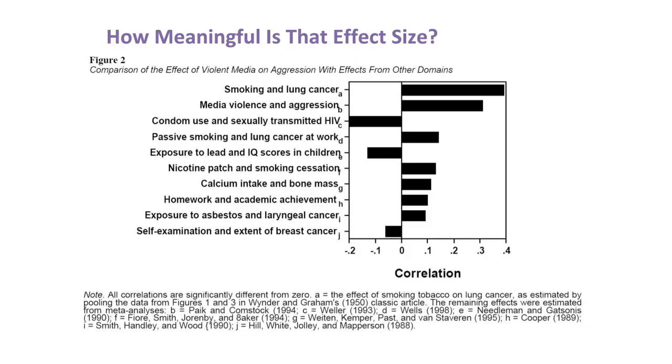So here you can see the effect size between smoking and lung cancer. That's a 0.4 effect size. So that's a pretty strong effect size. To me, that's pretty convincing evidence. I don't want lung cancer, so I'm not going to smoke. You have some smaller effect sizes here that maybe you're less convinced by. So when you're looking at a meta-analysis, these are the kinds of things to consider. You always want to put these things in perspective.